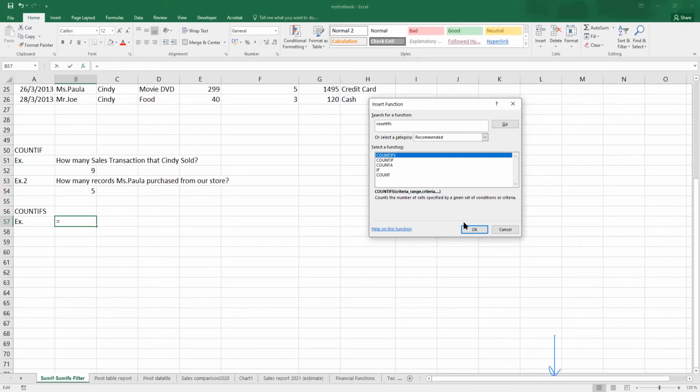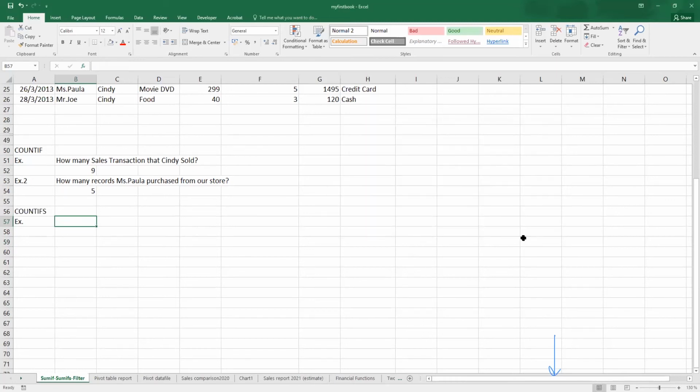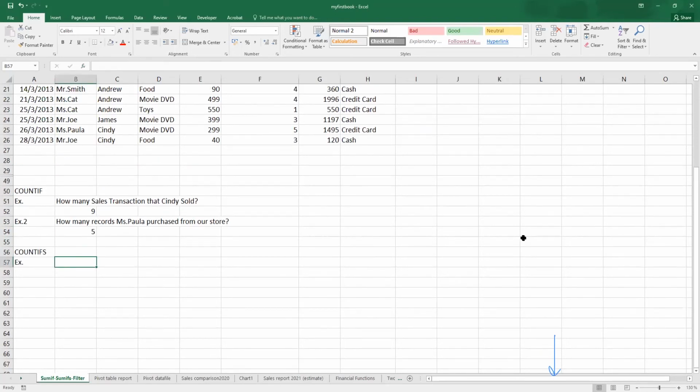Okay, so in this one inside they are actually absolutely the same นะครับ. You enter criteria range 1 that may consist of all the data that you want to have first, and then you specify the criteria. After that you enter the next criteria range and the next criteria นะครับ according to what you need. Let's see the example where count if s can be applied นะครับ. In this one say that how many transactions